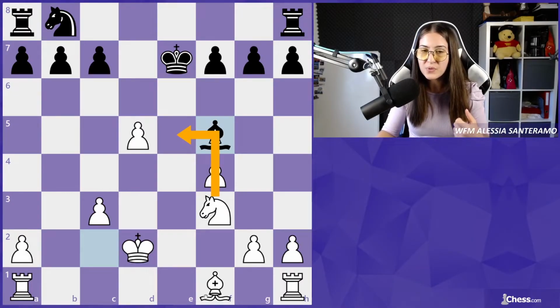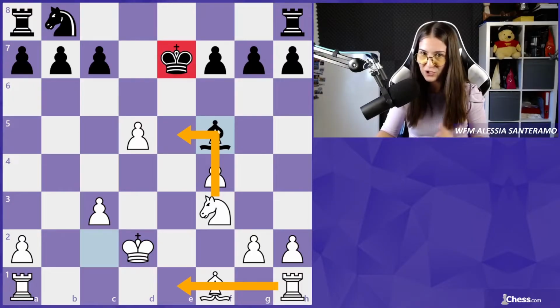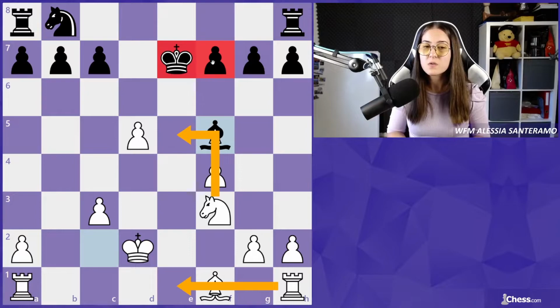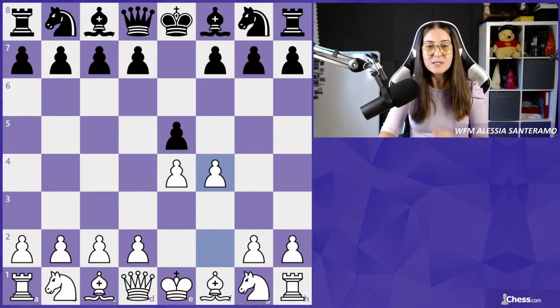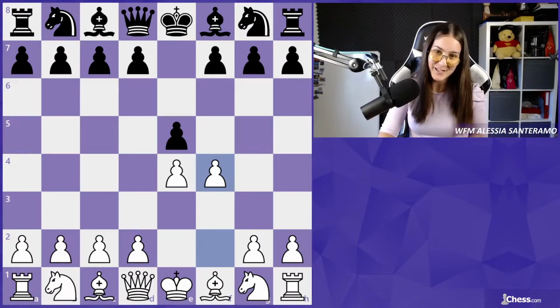So the knight can jump here, we can develop the bishop, we can go with our rook to the e file. This king is dangerous, you know? The pawn on f7 could be weak, so this is very pleasant for white. So this is the counter gambit, and now we just need one more line, which is actually the most critical